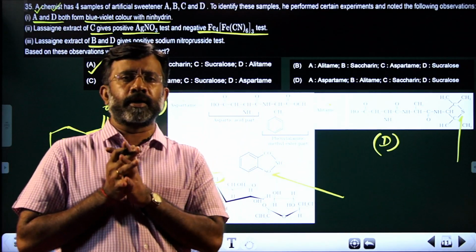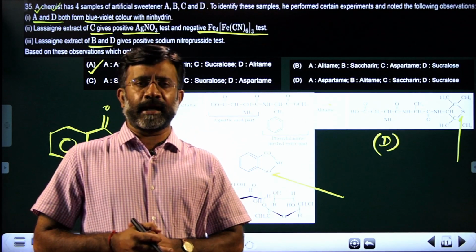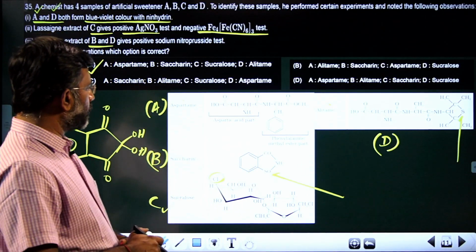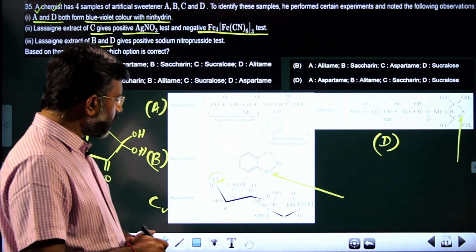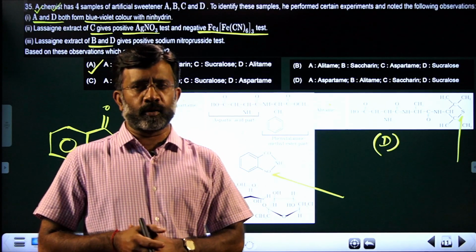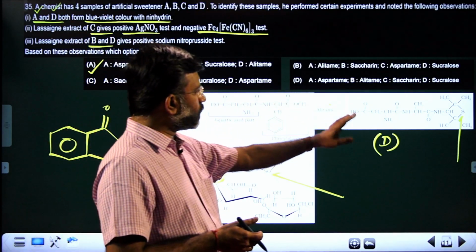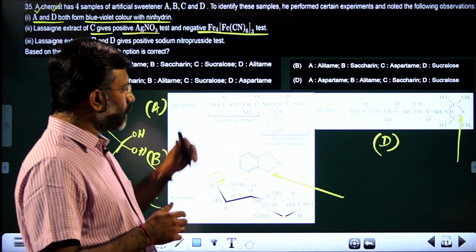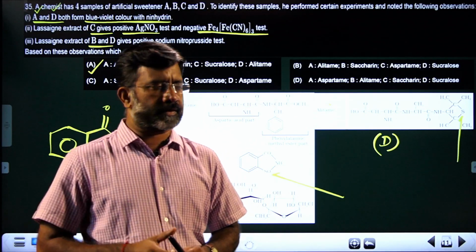So keeping in mind the knowledge regarding the characteristics of the molecular entities dealt with in the last chapter, Chemistry in Daily Life: artificial sweeteners, aspartame, saccharin, sucralose. Sucralose is a trichloro derivative of sucrose. Understanding those characteristics of the molecule can give you this answer. To explain these things, I have put the structures taken from the textbook. It is available on the board. You can refer to the textbook regarding the characteristics of this test.